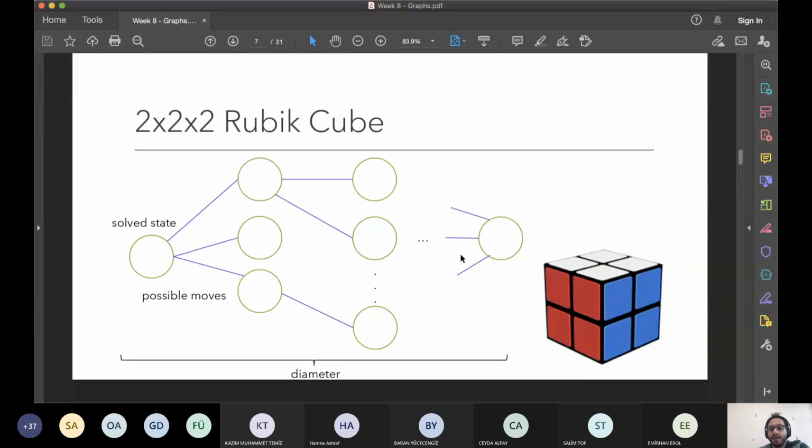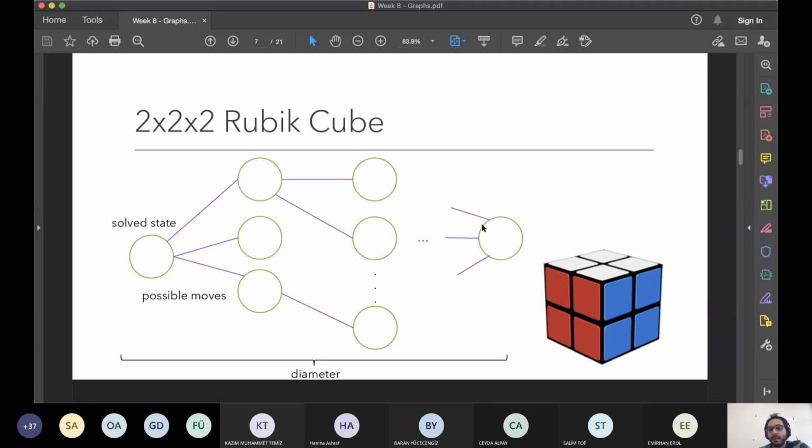So this is called the diameter of the graph. Like here for this Rubik's cube, it's going to be 11, which means that we can generate a new node in 11 moves. But if you do another, 12th move, it generates a cube state that's already here. So your 12th move basically goes backward, which means that any state of these Rubik's cubes can be solved in